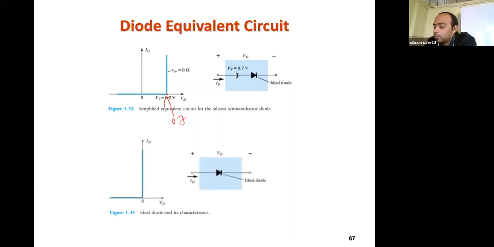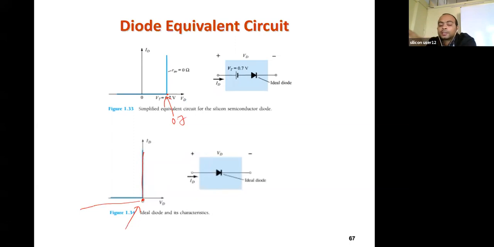But if you look at this diagram, which is an ideal diode. What happens in an ideal diode? I have said that when it is reverse biased and you are applying negative voltage, it is not allowing current; it stops. When the voltage is equal to 0, at that time it is allowing current, all the current is flowing at this point. That means we are assuming the threshold voltage of the diode is equal to 0.